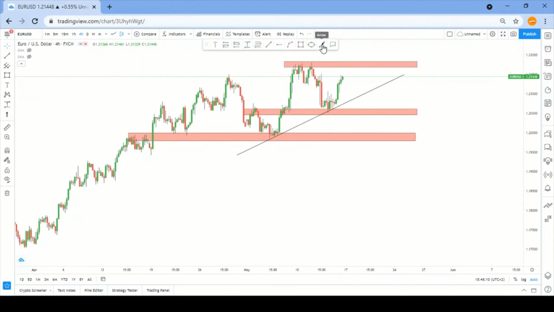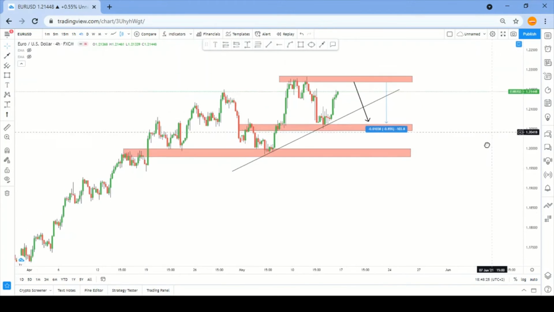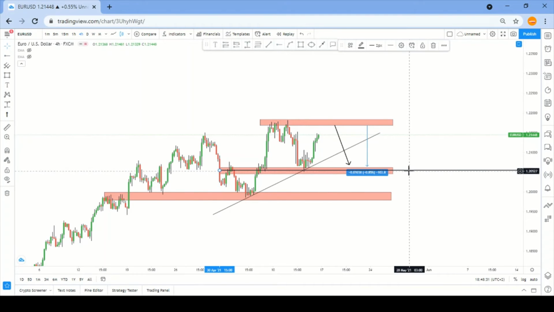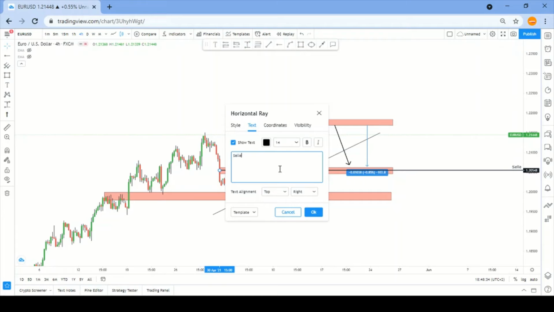So what I believe price could do is, at this moment, I'd rather look to sell off this area, and my target would be this level, right? And that's 103 pips. That's a huge trade as well. If not, what I'll tell myself is, all right, if price reaches, okay, I'll just put this here down, seller's target, seller's target,